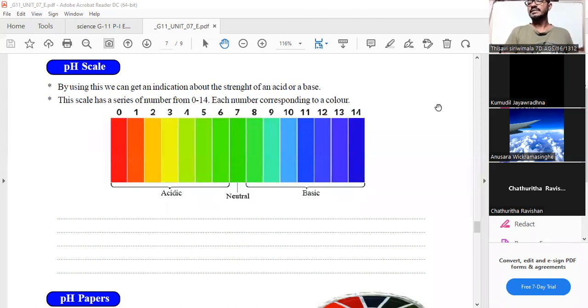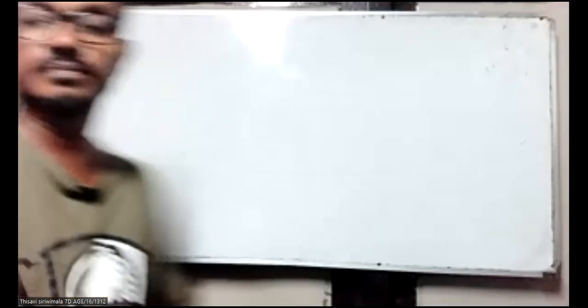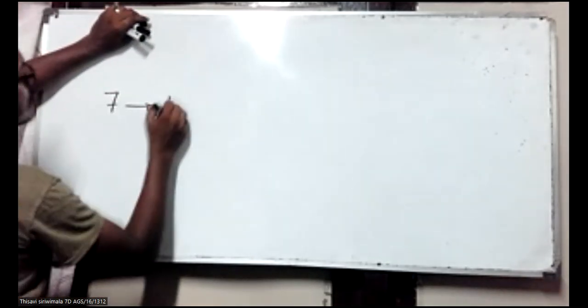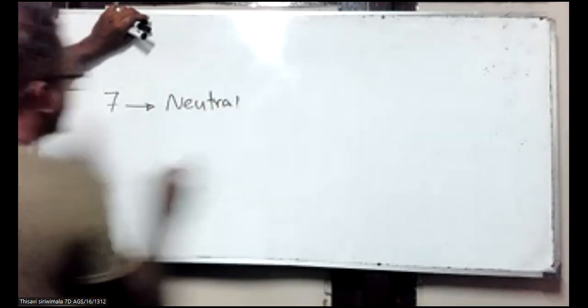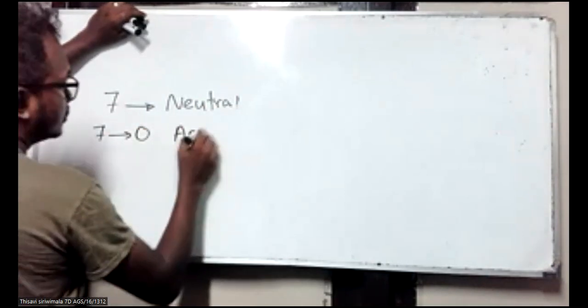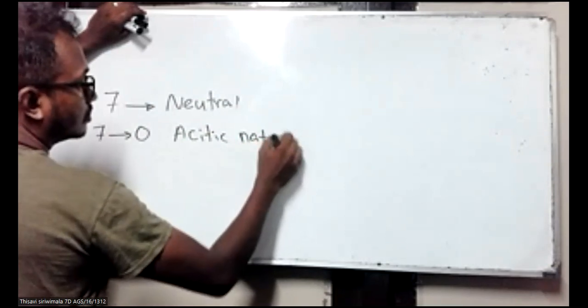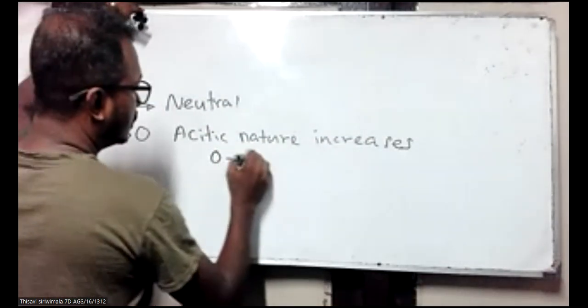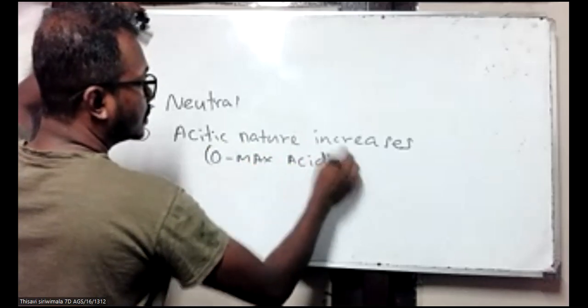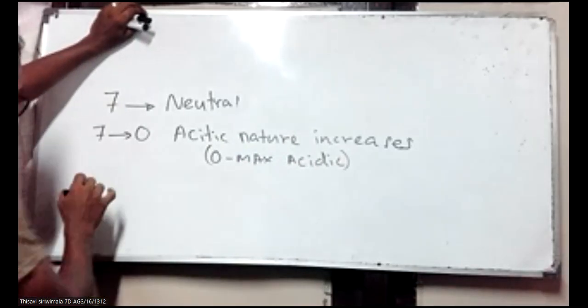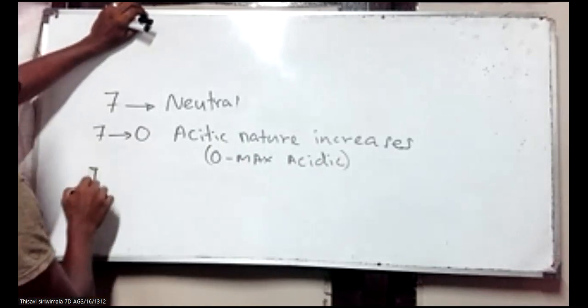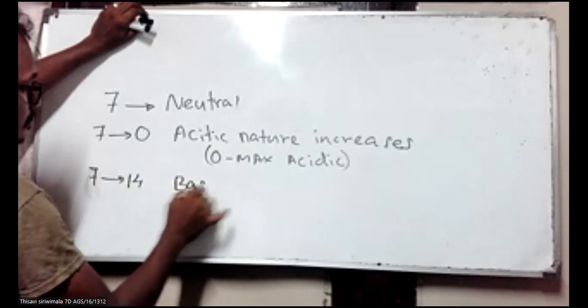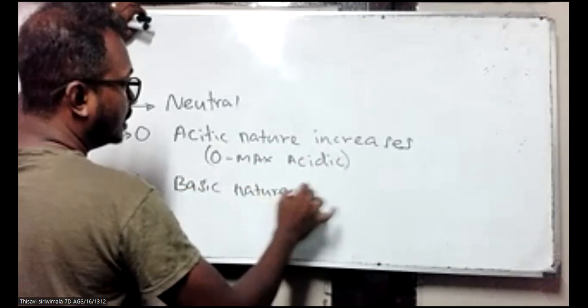You can write it. So we just started. Seven, neutral. 7 to 0, acidic nature increases. 0, maximum acidic, right? 7 towards 14, basic nature